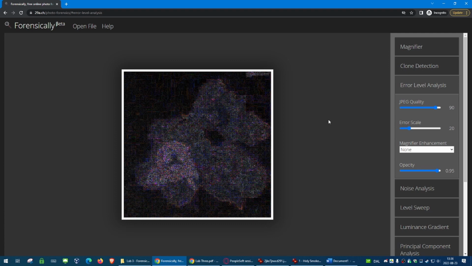But the error pattern in an image should be smooth and uniform all the way across, except where there have been alterations that will either alter the image pattern or the error pattern, or will introduce composite images with different error levels into the same image. We can see, for example, everything is uniform. There are some highlights on the bud, but we expect to see that because JPEG artifacts or error levels are going to be exaggerated in areas of great color variance,